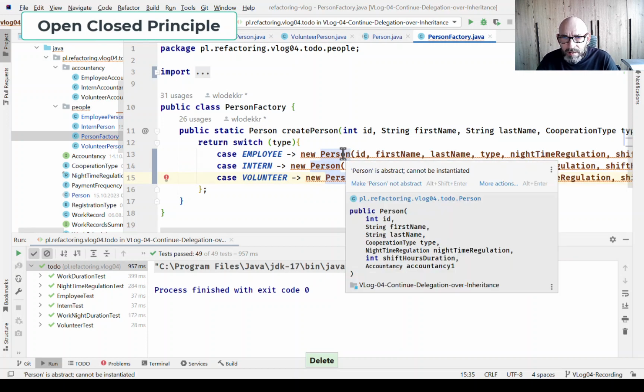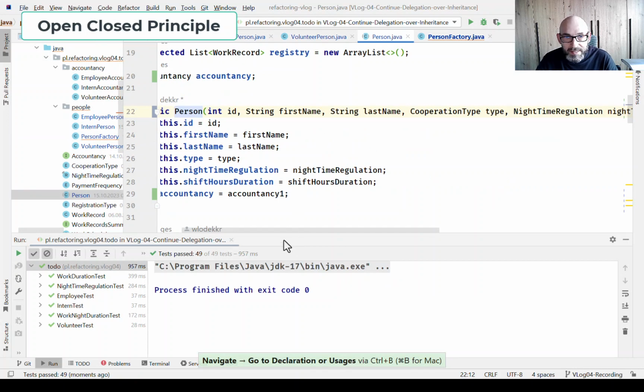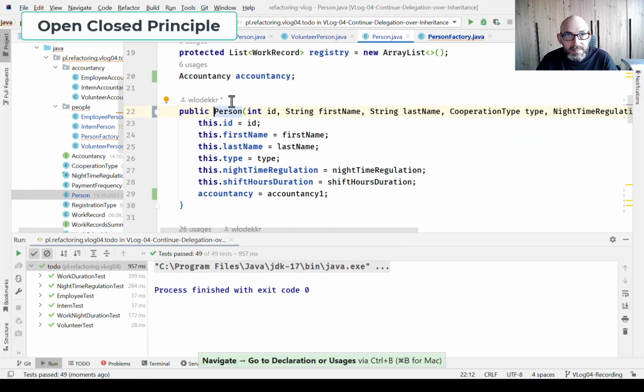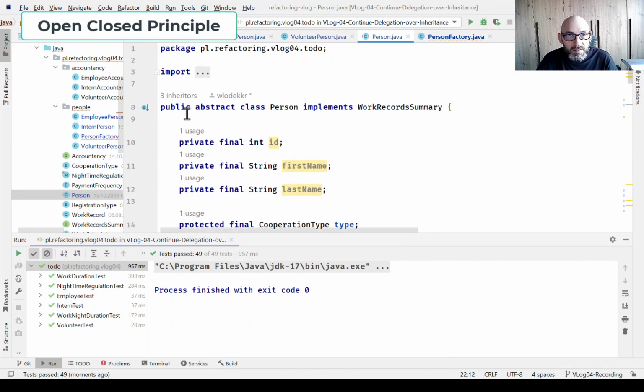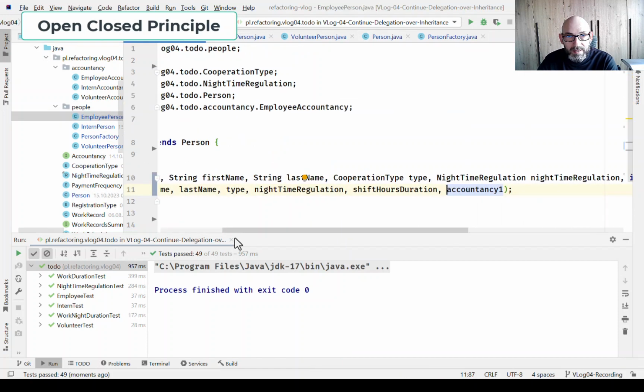What's wrong? Oh, it is abstract, but I guess it doesn't contain any abstract methods. So I can remove the abstract person class, here it is,